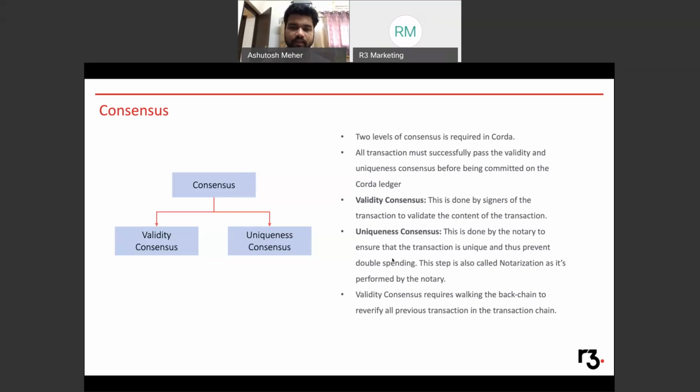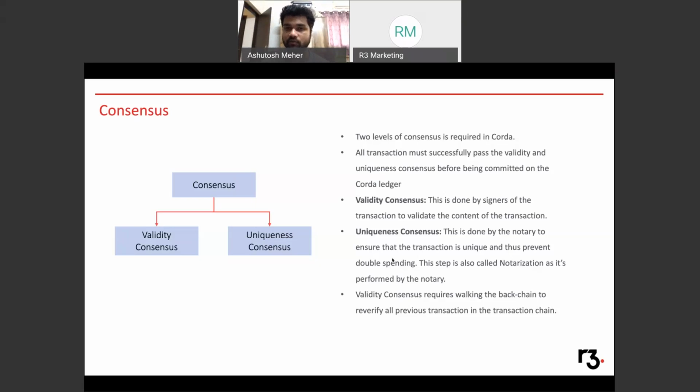So that's uniqueness. One point that is important to understand is that validity consensus involves walking the backchain, which is more like walking the entire sequence of transactions that has happened with a particular asset. If you are doing a validity consensus on an asset, it's your responsibility to make sure that whatever has happened with that asset in the previous transactions, in terms of just the content of the transaction, is valid. Not whether it's a case of double spend, but